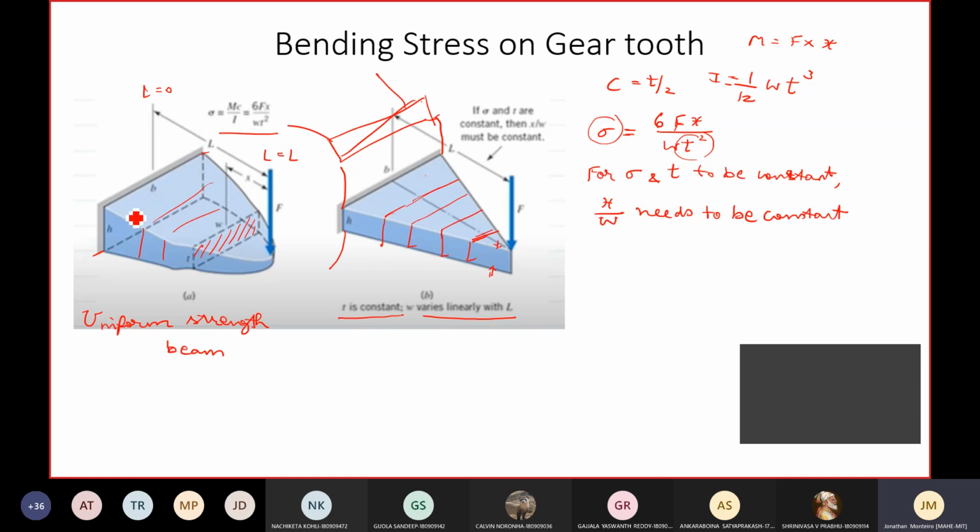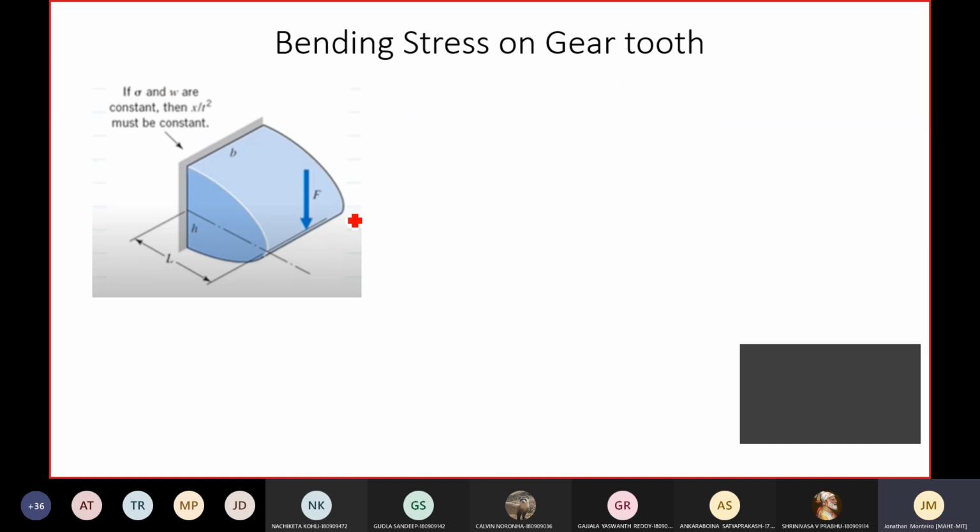This also cannot hold because you are getting thinner and thinner as you go to the top, where the forces are higher and higher. Then what is the solution for this? What kind of gear tooth profile do we need? So let us go over here. Just consider if this is a possibility. Why do we take this as a possibility?